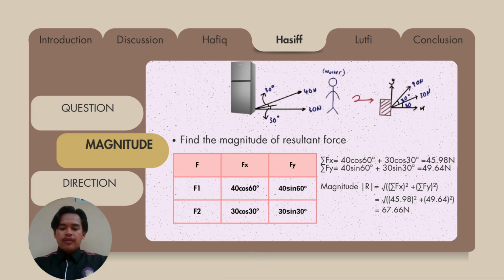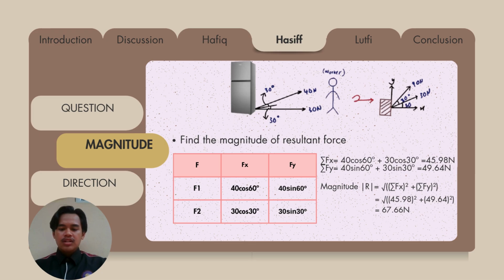For F1, the value of Fx is 40 cos 60 and Fy is 40 sin 60 degrees. For F2, the value of Fx is 30 cos 30 degrees and Fy is 30 sin